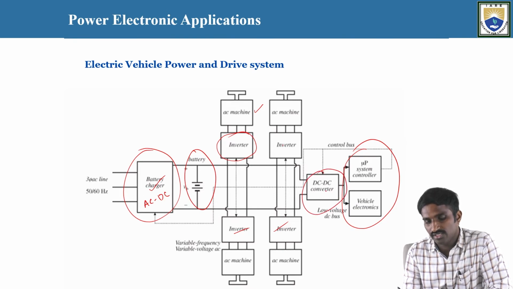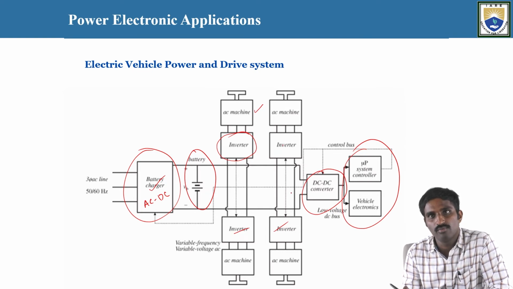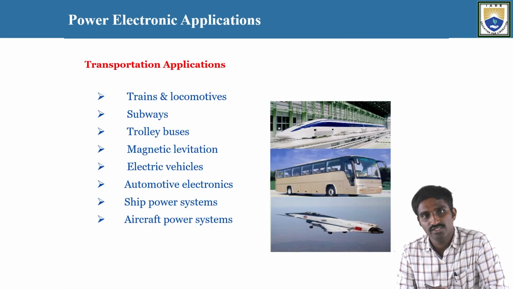So let me consider here the DC to DC converter to boost or to buck the voltage. So that's how this is very important. The power electronic, this is also one of the best examples for the power electronic applications in the electric vehicle technology. And next, in the transportation system also,